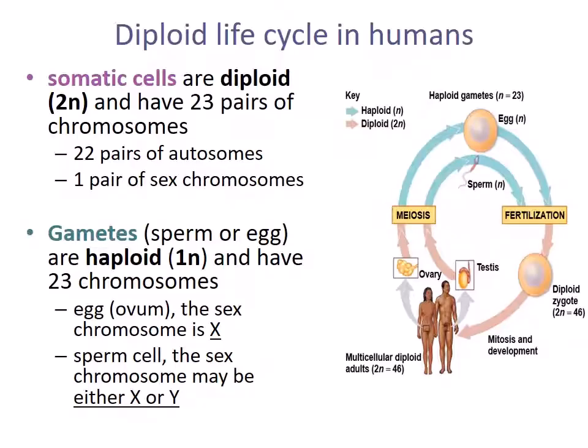So our somatic cells, again, are diploid and have 23 pairs of chromosomes. We have 22 pairs of autosomes and 1 pair of sex chromosomes, which are X and Y in humans. And then our gametes are sperm or egg, and they're haploid, and they have 23 chromosomes. So the egg always has an X chromosome, and then the sperm has either an X or a Y. Later on, we'll talk about things that can go a little bit differently in meiosis and how maybe you could